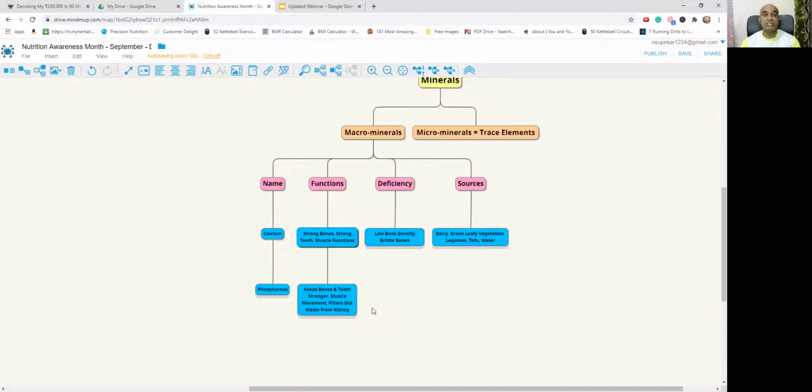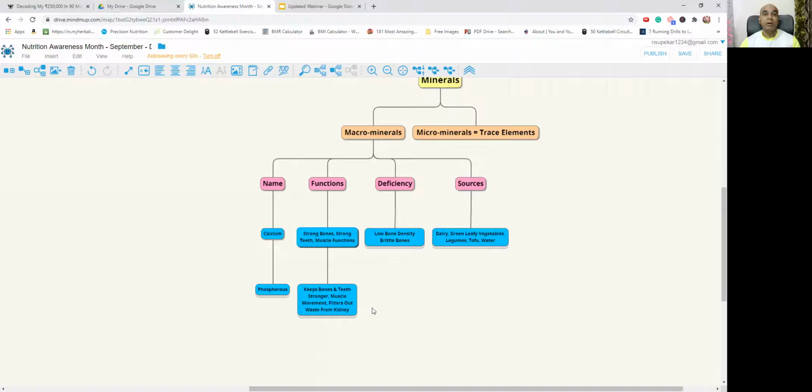So as calcium makes bones and teeth, phosphorus keeps them stronger. All our bones and teeth are kept stronger with the help of phosphorus. Then our muscle movement also happens because of phosphorus, and phosphorus is very important to filter out all the waste